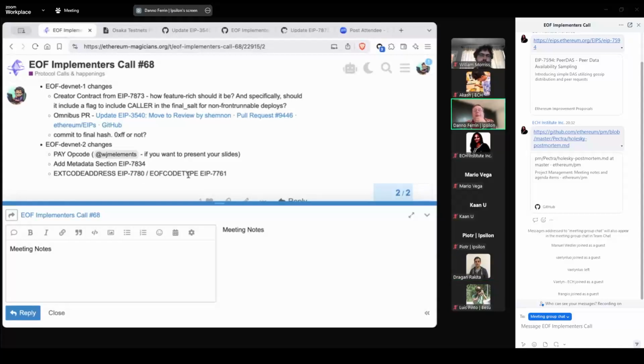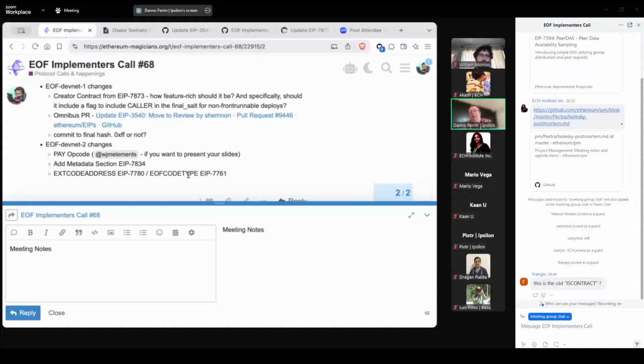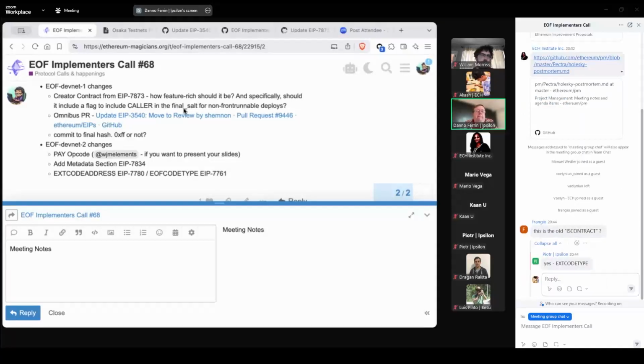Let's loop back on this in 2 weeks and see how much progress we get between this and the next call. Because I think the real deadline for EOF DevNet 1 is we want to be able to launch it about the time Pectra goes up. And that's the signal that all core devs is going to need that we're ready to go. So we can add on if we get done early, or if Pectra slips out even more than we would like it to, which is a risk, small risk, but not zero.